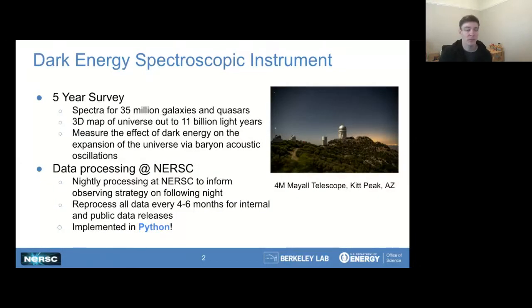The project that we're working with is called the Dark Energy Spectroscopic Instrument, and it's a planned 5-year survey to measure the spectra of over 35 million galaxies and quasars. And the team will use this data set to construct the largest and most detailed three-dimensional map of the universe. The cosmologists on the project will use this map to measure the effects of dark energy on the expansion history of the universe. And in order to process this data, the collaboration uses the computing facilities at NERSC, and